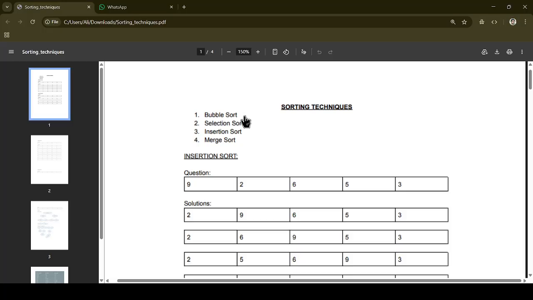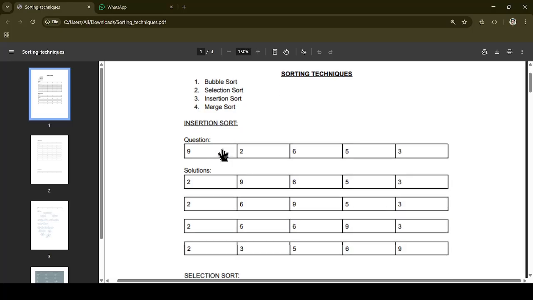So today's topic of discussion includes some of the sorting techniques like bubble sort, selection sort, insertion sort and merge sort. The idea behind the insertion sort says that we need to start from the second element and assign it to a variable named key, and then we need to check all the elements to the left of the key. If the elements to the left of the key are more than the key, in that case all such elements are shifted towards the right, an empty space will be created and the key will be placed in